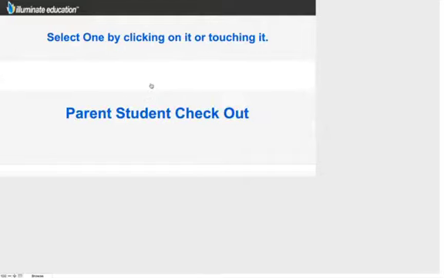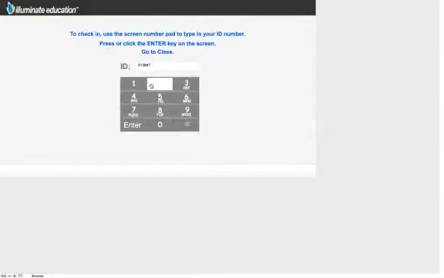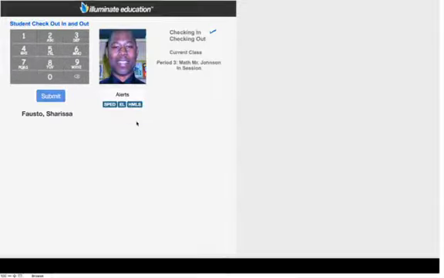So now I'm going to show how a student comes back to school through the front office and checks in. The student will enter their number. Again, there are instructions on the screen. It can be their lunch number. It can be a number that's universally used throughout the school. Once they're here,